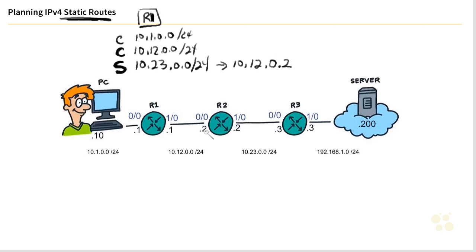So in the future, if we put the static route in R1, if it gets a packet that needs to go to 10.23.0, it would say, I know what to do. I'm going to re-encapsulate this. I'm going to forward it at layer 2 over to R2, who owns this IP address of 10.12.0.2. Then R2 is going to de-encapsulate that, look at the IP destination, and say, oh, this packet's going to 10.23, etc. I'm going to forward it in that direction as well. And it can go ahead and continue the delivery. So now R1 knows about 3 networks, 10.10, 10.12.0, 10.23.0, but not this one,